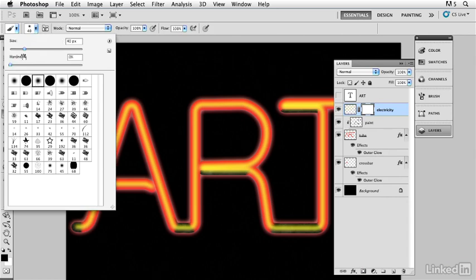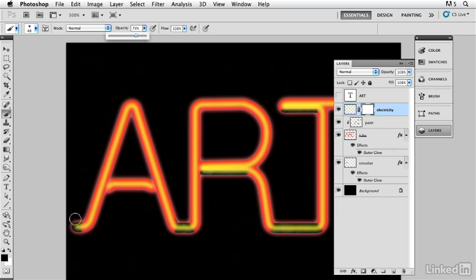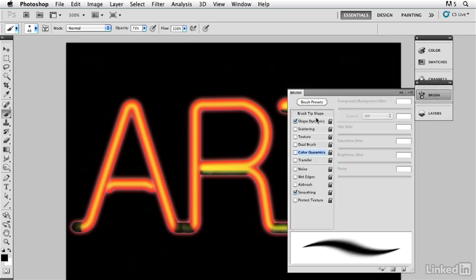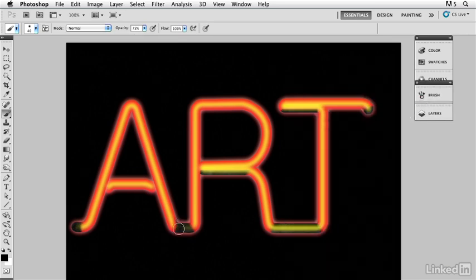So I'm going to go in there and just get a regular brush. Everything's set up. Good. We're going to set this to a little below, and I'm going to just erase the electricity there, erase the electricity right through here. And let's make sure that brush has no weird settings. There we go. So I'm going to paint out that electricity right through there,